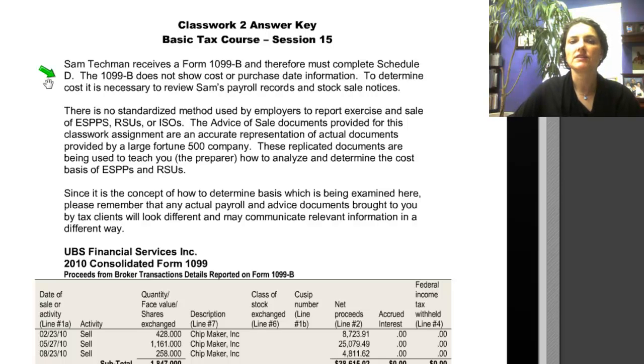The 1099-B does not show cost or purchase date information, and to determine cost, it is necessary to review Sam's payroll records and stock sale notices. I should let you know that there is no standardized method used by employers to report exercise and sale of ESPPs, RSUs, or ISOs. We spent quite a bit of time talking about those income items